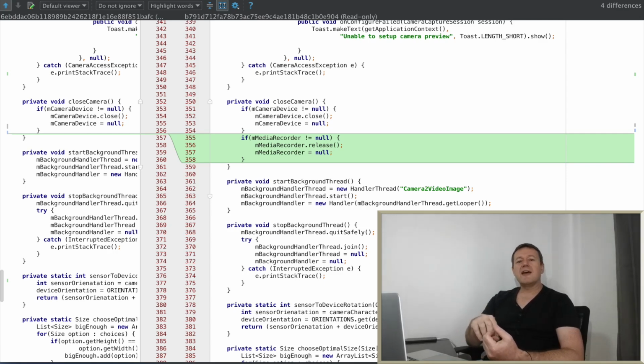Another fix was for the media recorder object that wasn't being cleaned up when the application gets closed. So I fixed that up so that object and those resources get cleaned up when the application gets closed. That's also quite important. It didn't actually affect the running of the application as such on my Android Nexus device, but